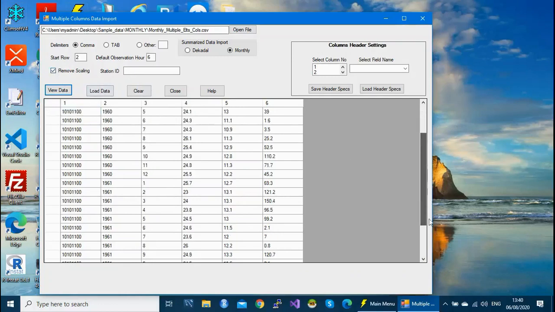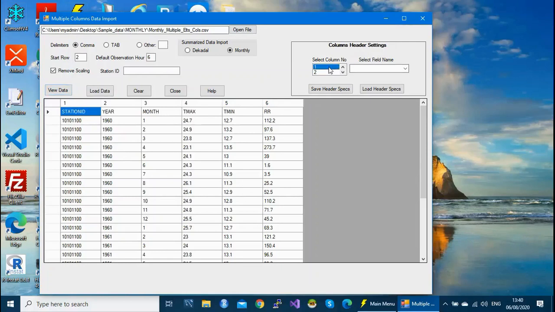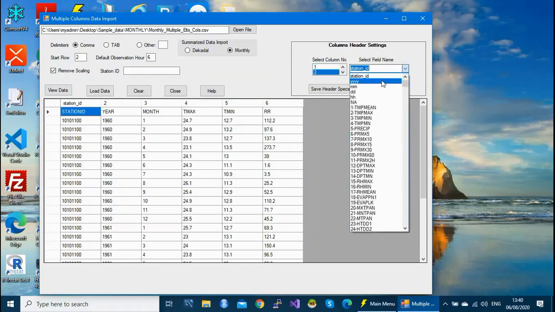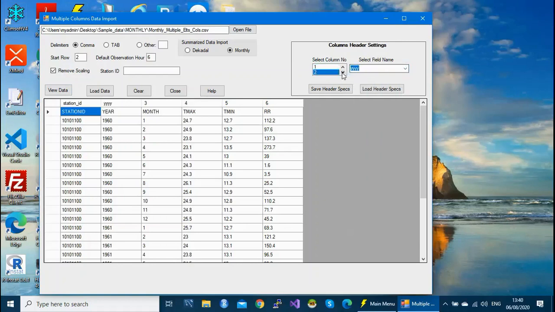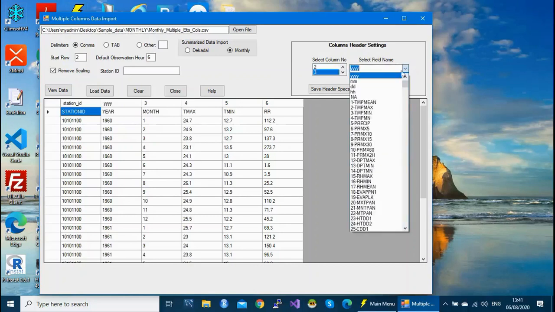Our next step is to match our column headers. In the column header settings, the first column is the station ID, match with station ID. The second column is years, match with year. The third column is month, match with month.